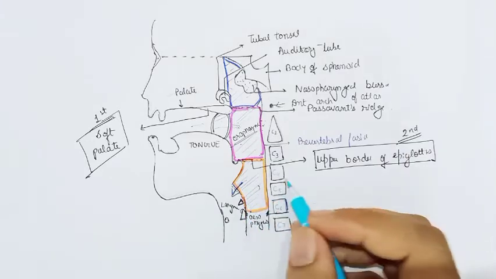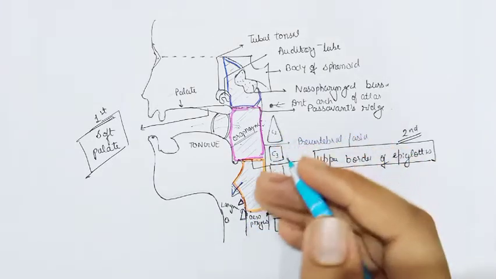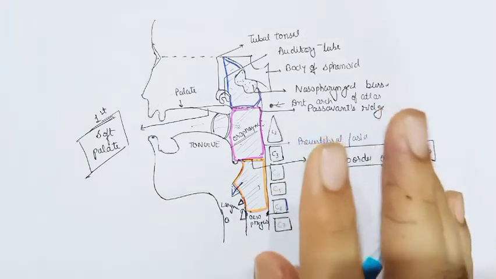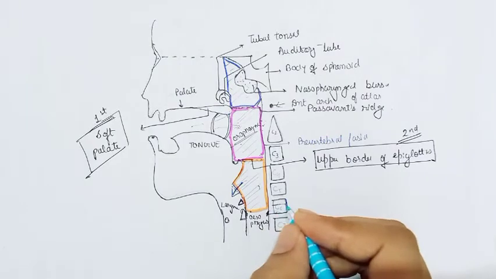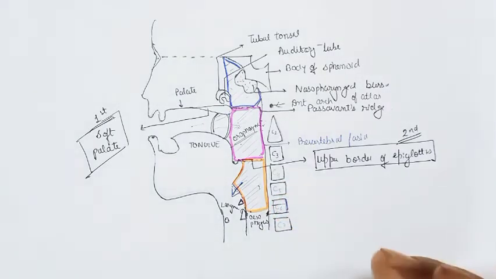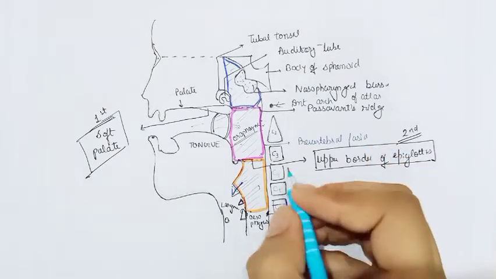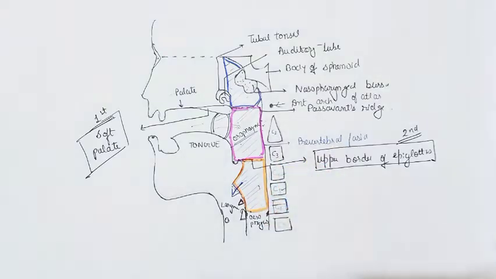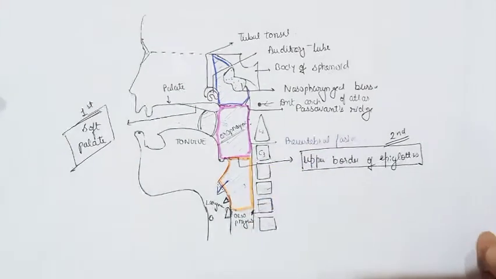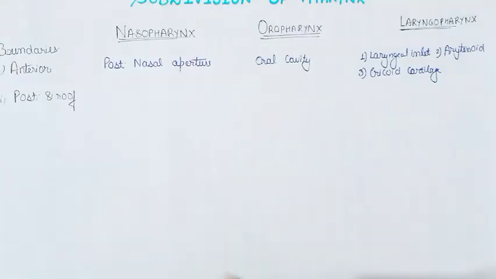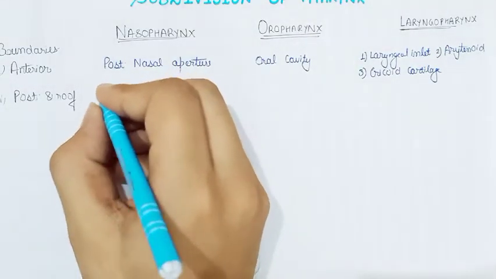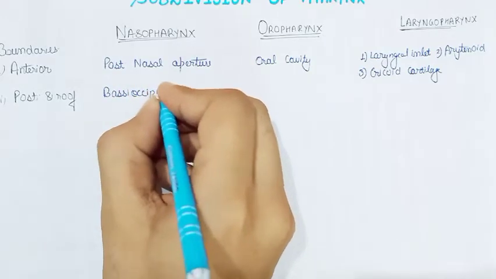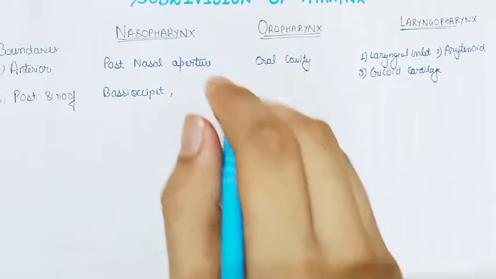When you talk about the posterior wall of this part, that is the laryngopharynx, it is constituted mainly by the fourth and fifth. You can see here some part of the C6 vertebra. So in different books you can find it differently, but most commonly C4 and C5 is considered as the posterior wall of the laryngopharynx. So let's come to the theory now. When we talk about the posterior wall and the roof of the nasopharynx, we have the basal occiput, that is the basal part of the occipital bone. We have the body of sphenoid.